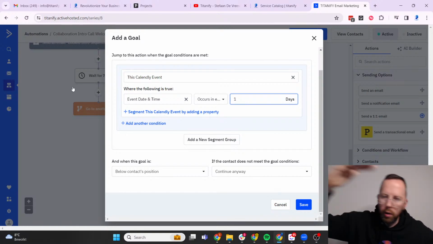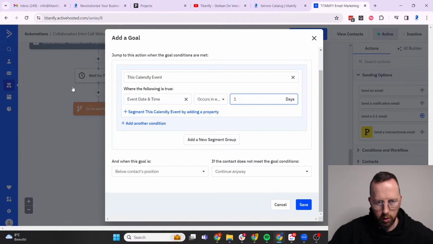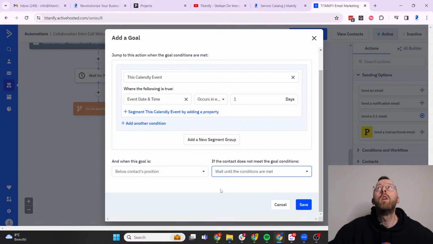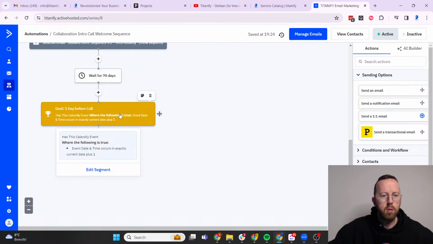So if it would already be past that, it wouldn't trigger, right? If the contact does not meet the goal conditions, now wait a second. You have to wait. You cannot do anything. Wait until these conditions are met. You could, yeah. I mean, you can see you can do a lot with this if you want to, but